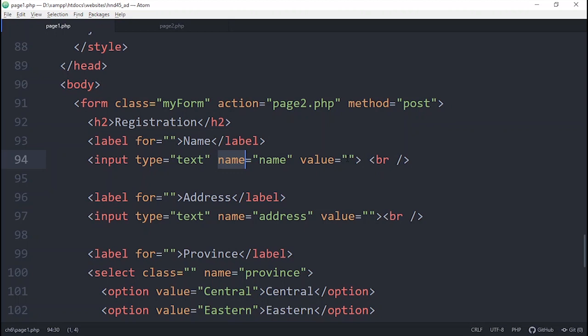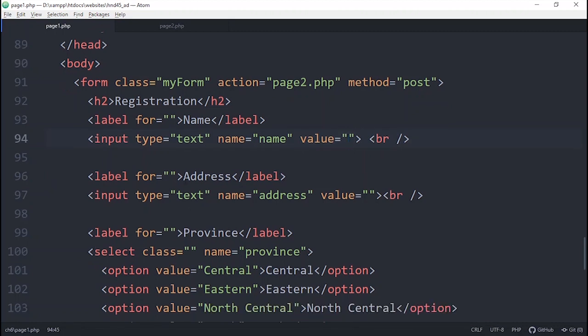Default value I have not given. If you wish to give a default value, you may give, no problem. But for this scenario, I didn't want that. I want to keep the things very simple, so I did not give a default value. These values are very important later when you receive value from the database, and if you want to display them inside here, you can make use of them as well. So for the time being, I am leaving this value blank. So I hope you understood that part.